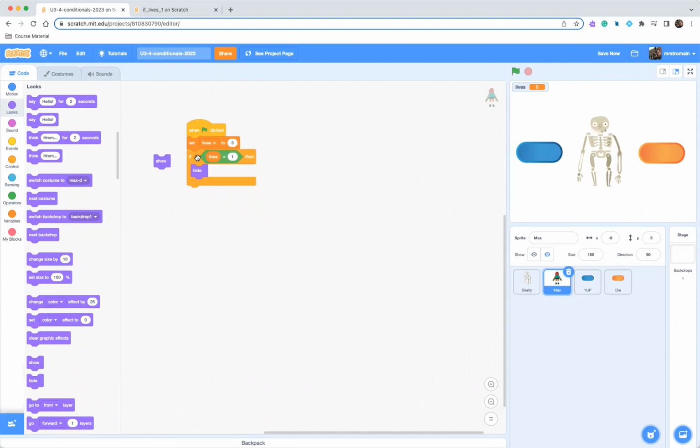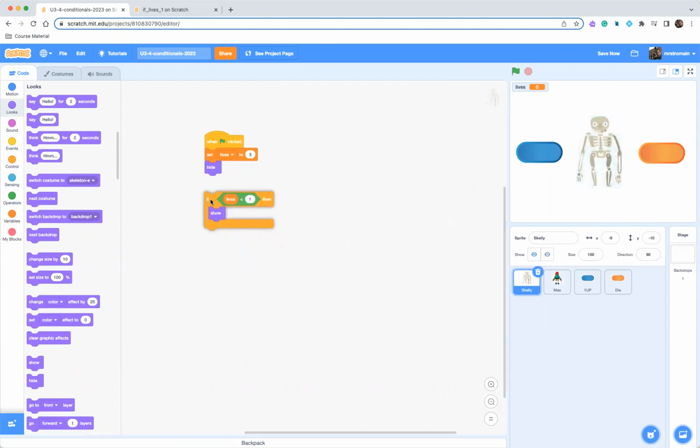So I'm going to take that, and I could put this in here. But the problem is, same thing with this. I could attach it here. But the problem is that this will only happen when this is clicked. So notice as this is attached to here, this will only run when we click this button, this flag. So watch what happens when I click this. I click the flag, it's going to run through this set of code. When this is clicked, set lives to 3. That's the first thing that's going to happen. Then it's going to hide Skelly, and then it's going to check this,